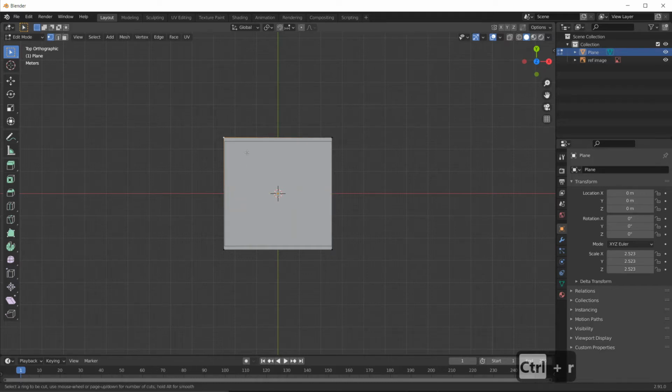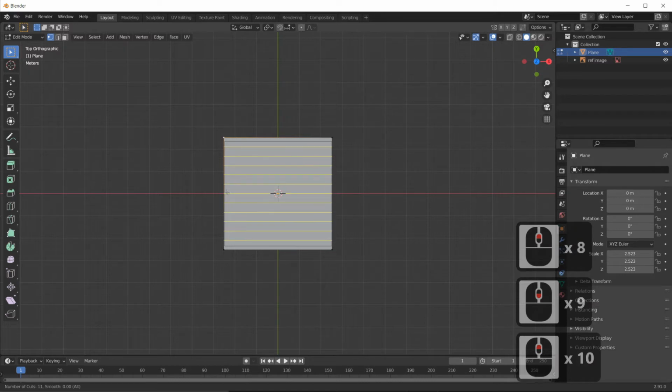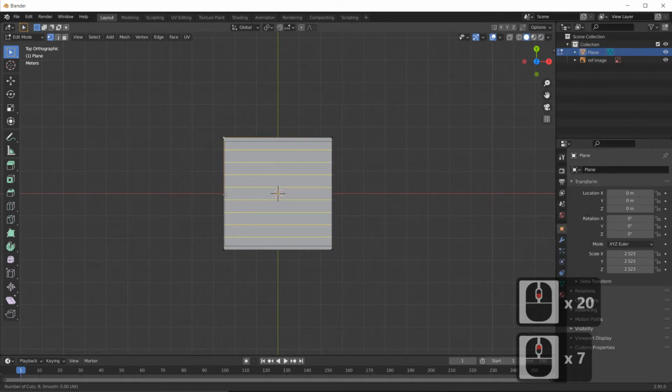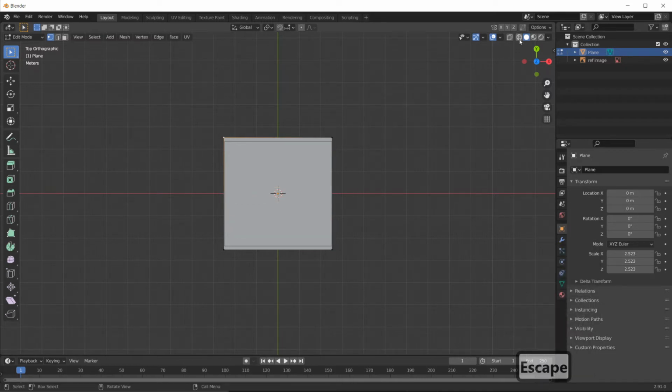As you can see, depending on where I position my cursor, if I move closer to the top edge, the cut will be vertical, and if I move closer to my side edge, the cut will be horizontal. That might be a bit counterintuitive at the beginning, but it makes a lot more sense when you have models that are a bit more complex than these. For now, all I want is a vertical cut, and if I move my mouse wheel up and down, it changes the number of cuts. Up gives me a lot of detail, a lot of cuts, and down gives me fewer cuts. I'm going to reset this tool, so I'm not applying it,